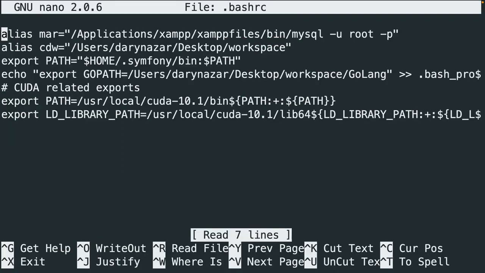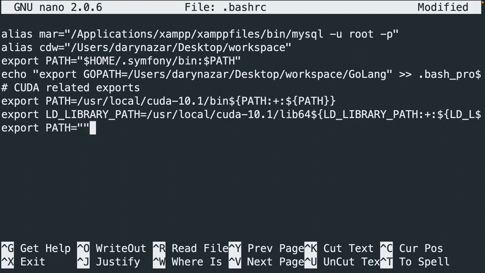Based on the programming language that you have used, you will find maybe none, one, or multiple exports right here. What we need to do is create a new one to export our Composer file. So let's go right below the last export we had, and let's create a new export called PATH is equal to double quotes. Inside the double quotes, we're going to add $HOME/.composer/vendor/bin